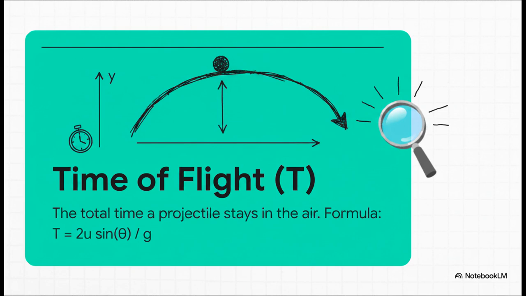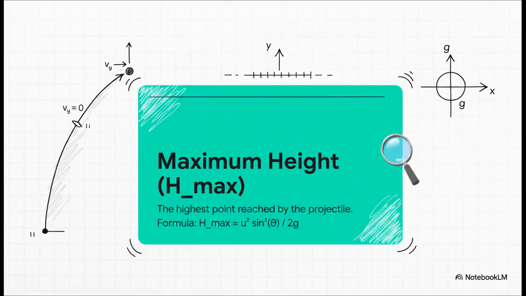So what is it? It's just the total time the object stays up in the air. Now think about it. This is purely a question of vertical motion, isn't it? The object goes up and then it comes back down. How long that takes has absolutely nothing to do with how fast it's moving forward. The formula comes directly from our good old equations of motion, just for the y-axis,